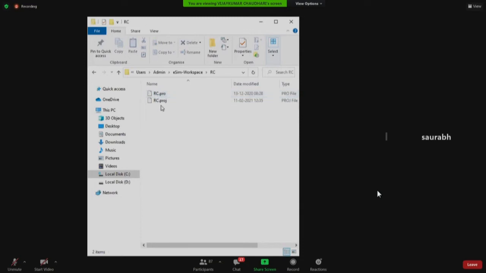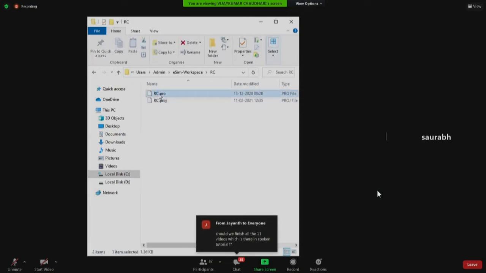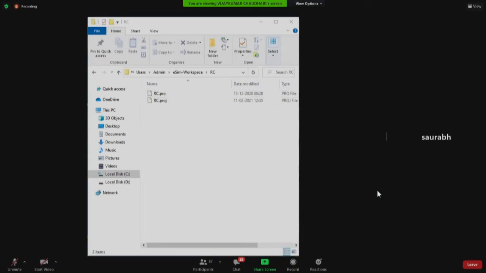Okay. So, sir, actually the schematic was not created, it seems, or rather, it was not saved. So, shall I delete it? Yeah. You can create a new project, RC1 or RC2, something like that. You can name it, and no need to delete it from here. You can do it from the eSIM interface. Leave this one as it is. It won't affect anything. Just on the eSIM interface, give a new name to your RC circuit, RC new or something, without any spaces. Okay, I'll create a new one.